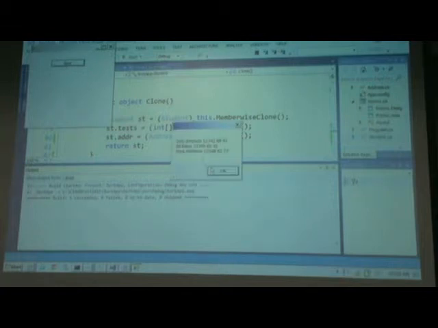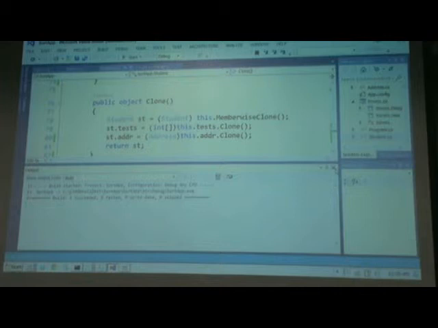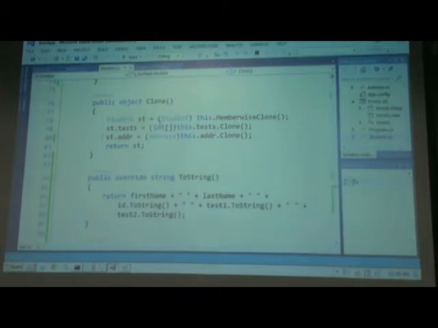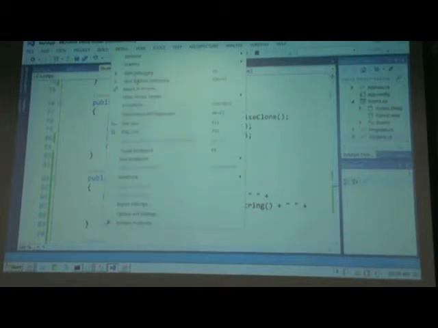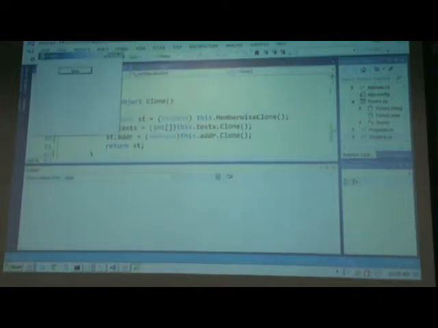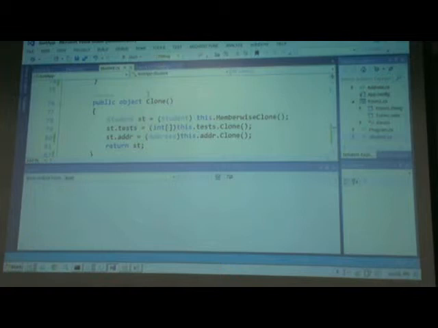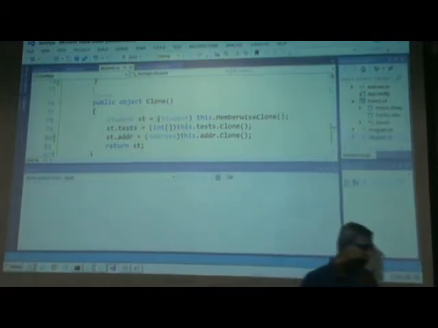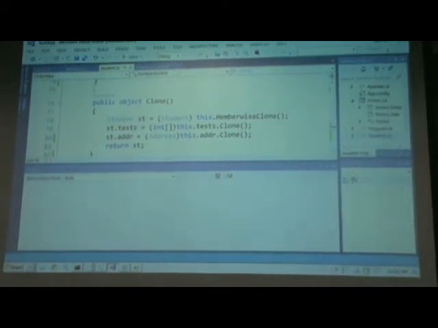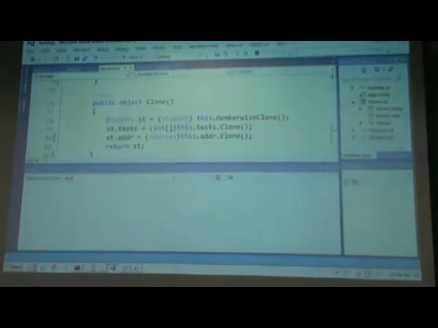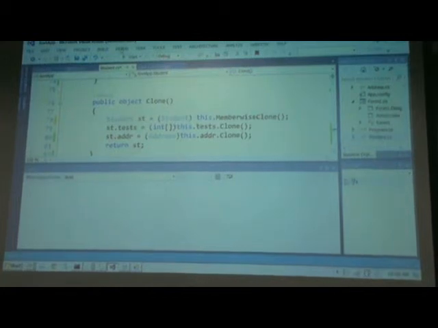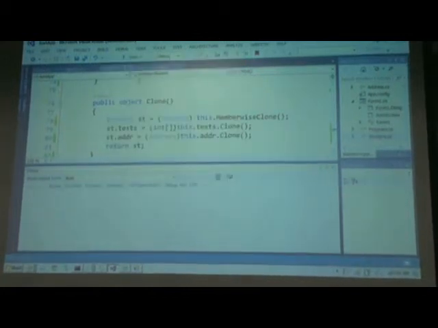Most likely what happened is, let me show you why possibly we got the error. Now suppose I run the program. And the program is running, right? So now suppose I click somewhere. So the old program is still running, it's minimized over here, right? So now if I make a change, for example, do something, and if I try to run again,